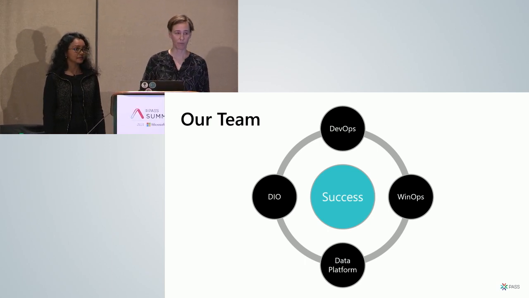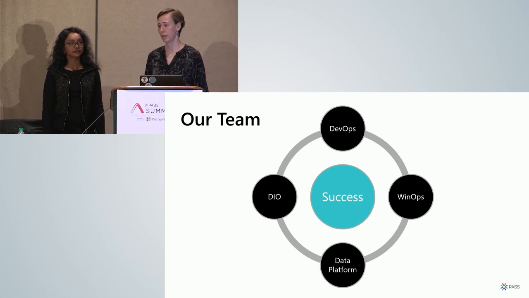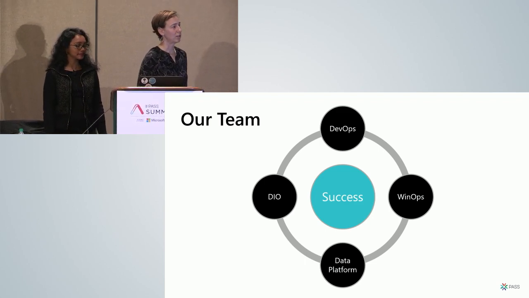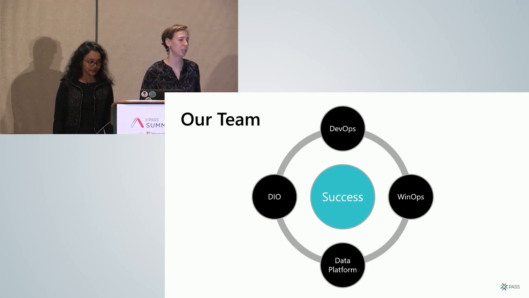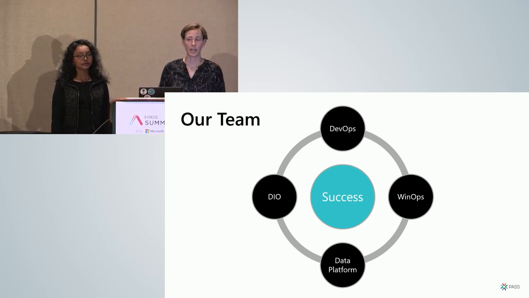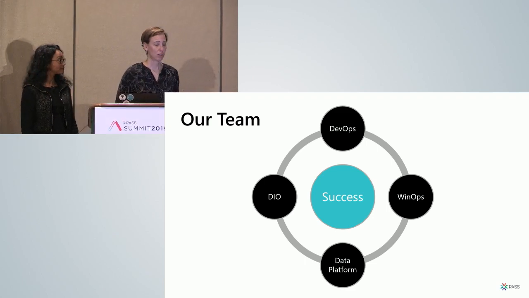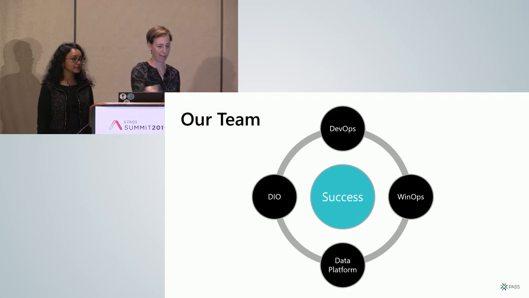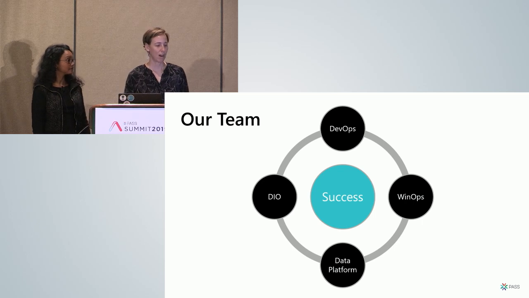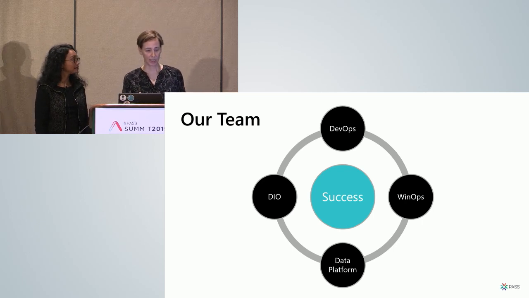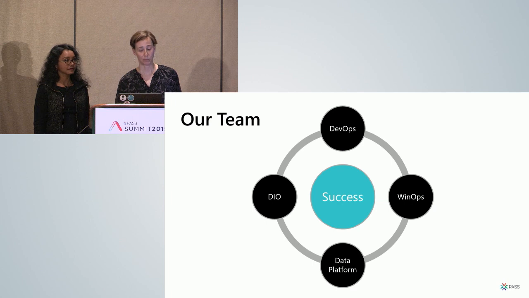When we think usually of our team, like I run a data platform team, it's database developers and integration services developers. But when we think really of the cultural change that needs to happen around what we do and how quickly we do it, we actually expand our definition of team so that we can be successful. So we have the DevOps team, our data infrastructure and operations team, our Windows operations team, and our data platform team. And all of those teams coming together has made what we're about to show you possible.